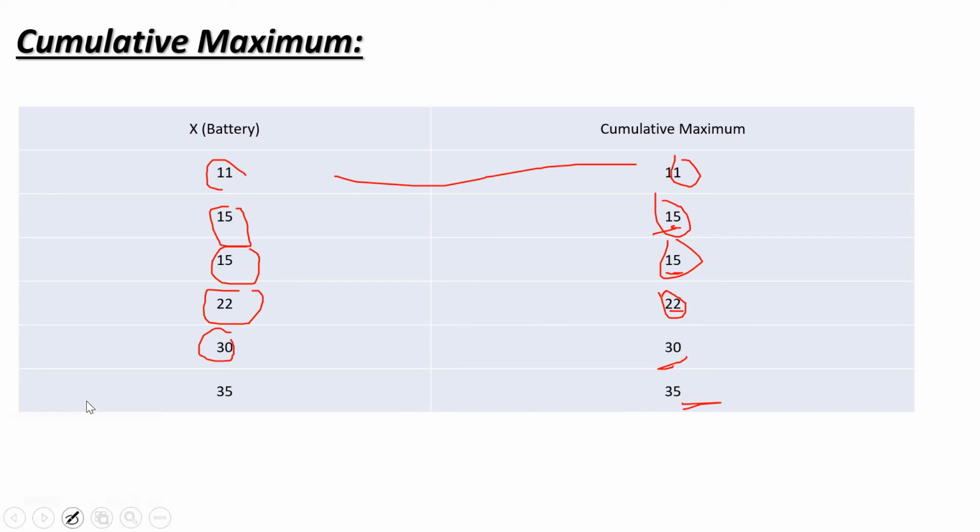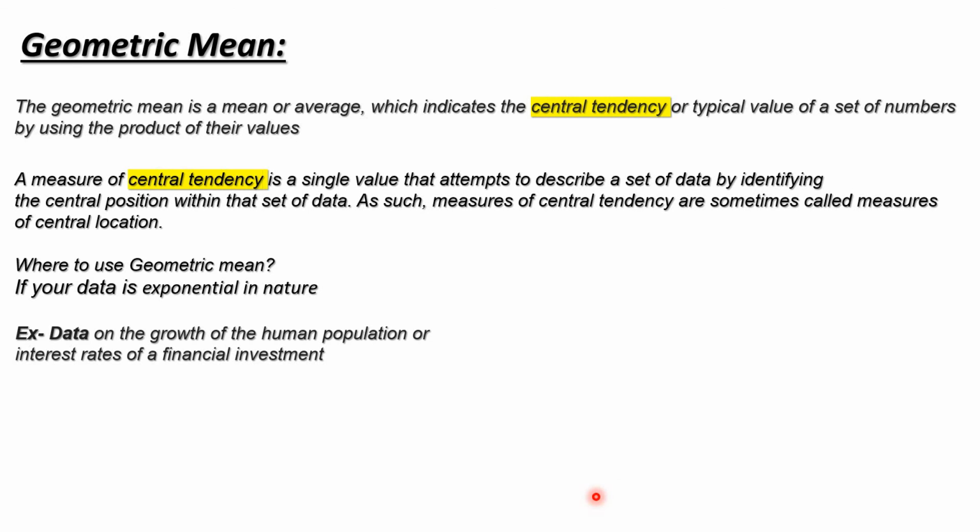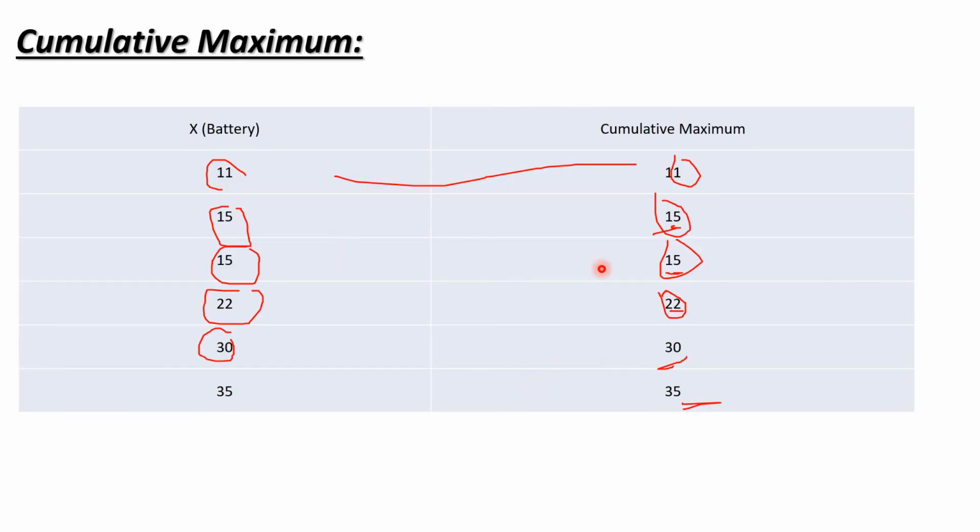Hope this makes sense, guys. Till this point, in the next tutorial we'll see the geometric mean and harmonic mean, how we can calculate them, and where we can use the harmonic mean and geometric mean in Python. Okay, and how to calculate them the mathematical way, and how to calculate them in the Jupyter notebook, we'll see in the